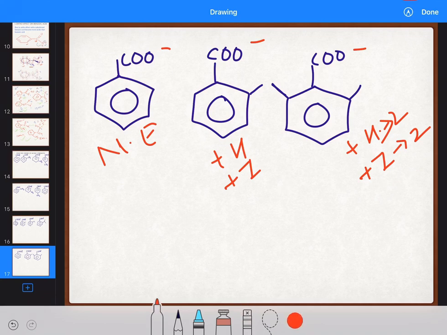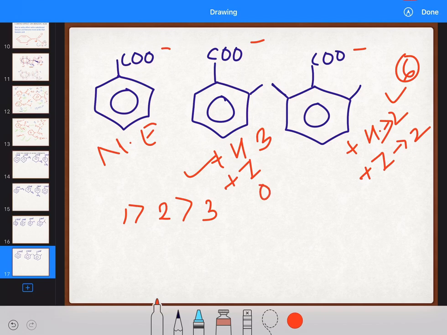Now applying this, this one has 1 plus H, this one has 2 plus H. Two groups have plus H. Here there are 3 hyperconjugation, here we have 6 hyperconjugation, correct. The higher the hyperconjugation, the lesser the stability of the anion. Then the first one will be most stable, then the second one, then the third one. Is it correct? Now we will apply ortho effect. Here we have ortho effect 1, and here we have 2 ortho effects, one by this group, one by this group, clear. And we know that ortho effect increases the acidic strength.